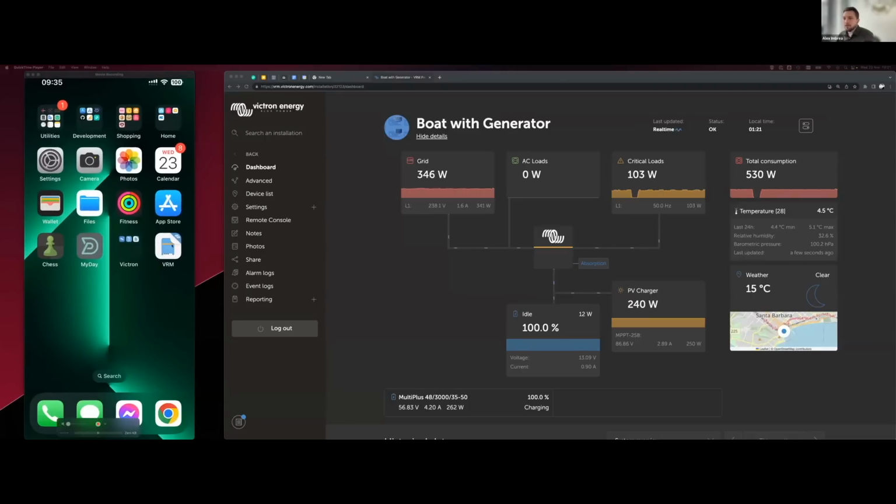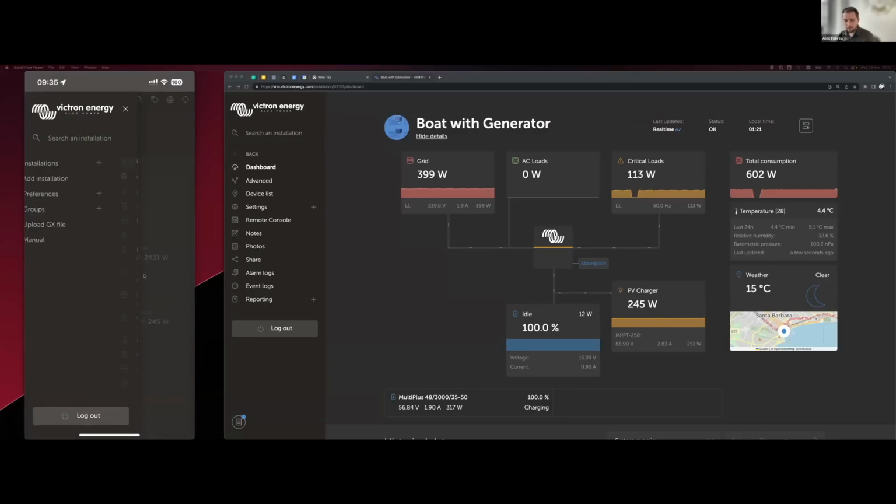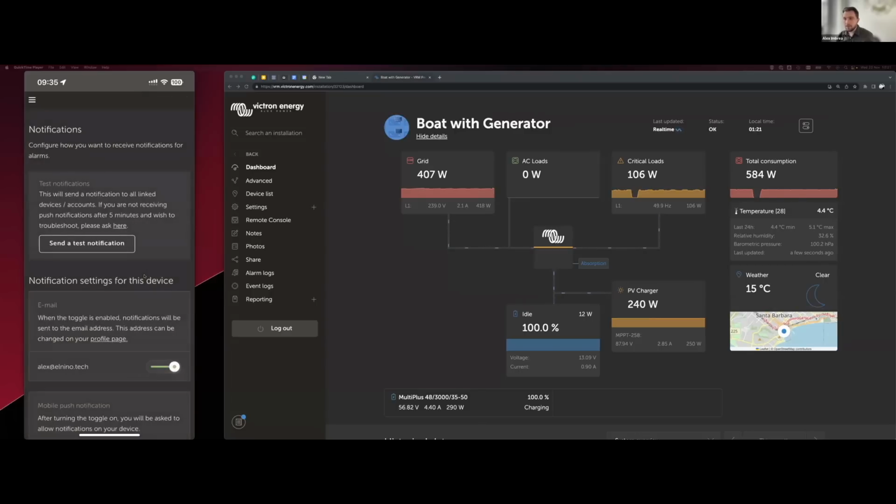On the left side of my screen, I have my phone streamed to my computer, and on the right-hand side, it's a normal browser. On my phone, I already installed the VRM app and allowed push notifications. And now if I open the app and go to a newly added menu, which is located in the main menu under preferences and then notifications, we see the screen that you just saw in the slides.